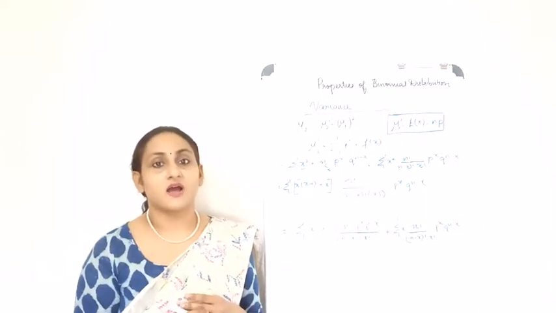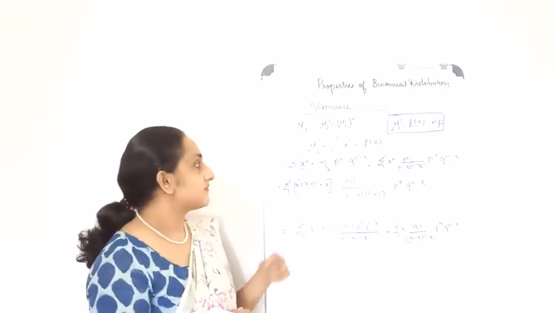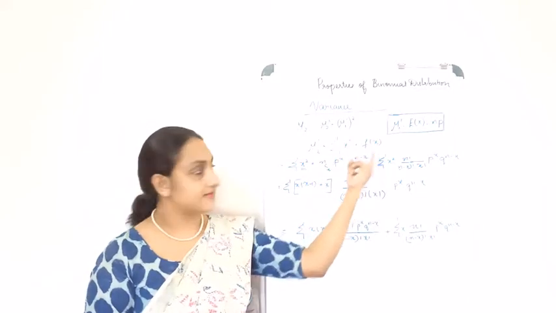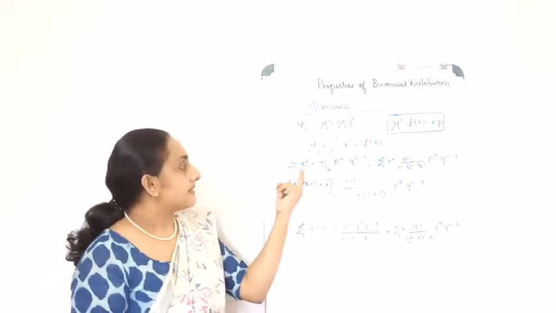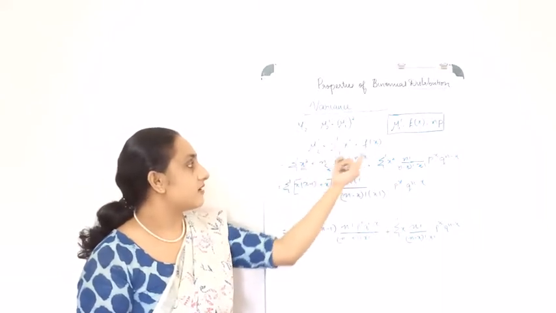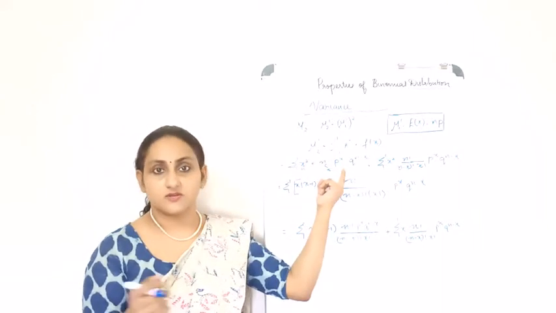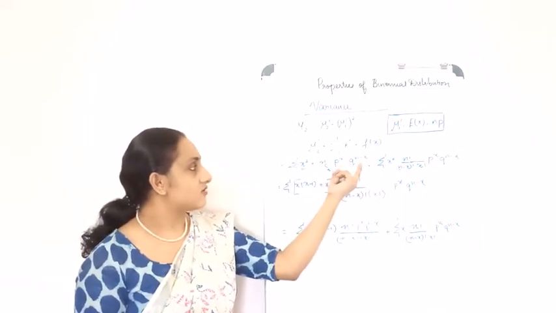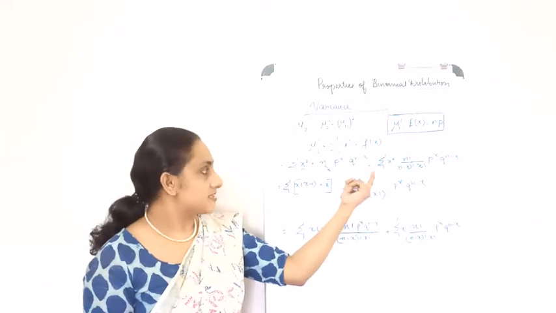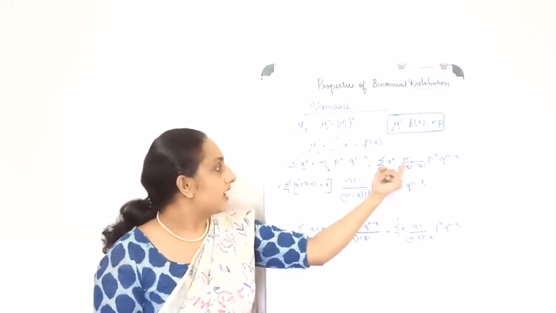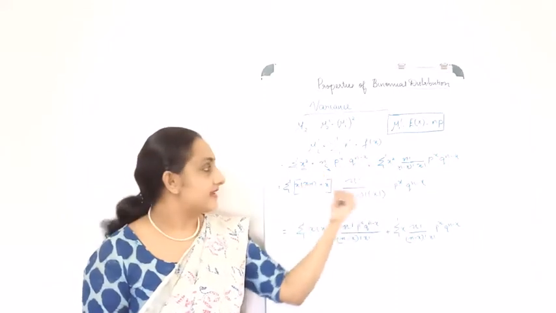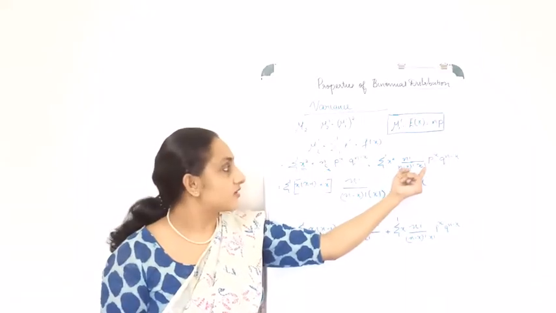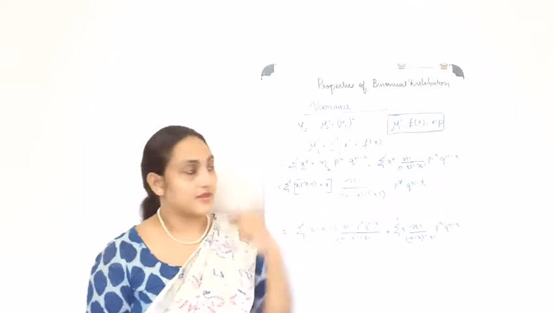Yes, it is the second raw moment of a random variable x, and the formula is given by summation x square into f of x, which is equal to summation x square into, instead of f of x, you can write the density function of a binomial distribution, which you already know, nCx p raised to x q raised to n minus x. And I'm going to rewrite this nCx as n factorial divided by n minus x factorial multiplied by x factorial, p raised to x q raised to n minus x.